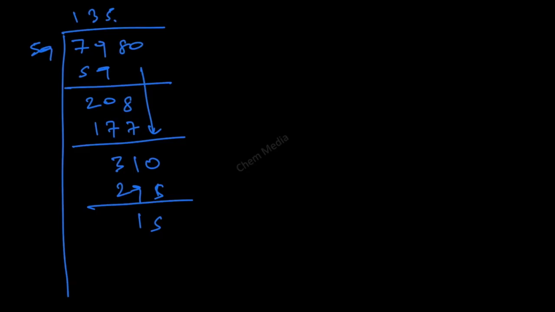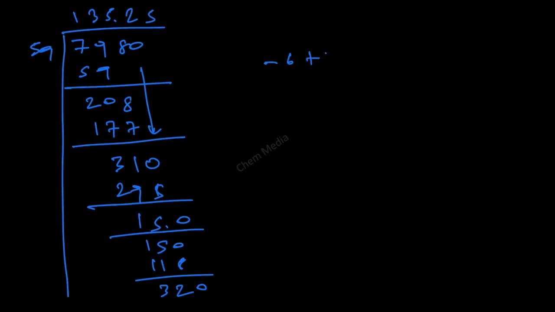We can't divide, so put a 0 and raise it to the decimal. So now we can do it 2 times. 2 times 59, 118, remaining 32. We can't divide, so put a 0. Now we can once again do it 5 times. So therefore 135.25. So minus 6 plus 14 times pH is equal to